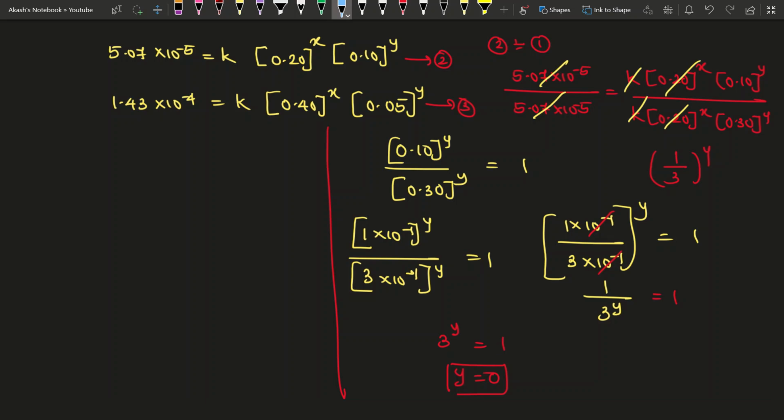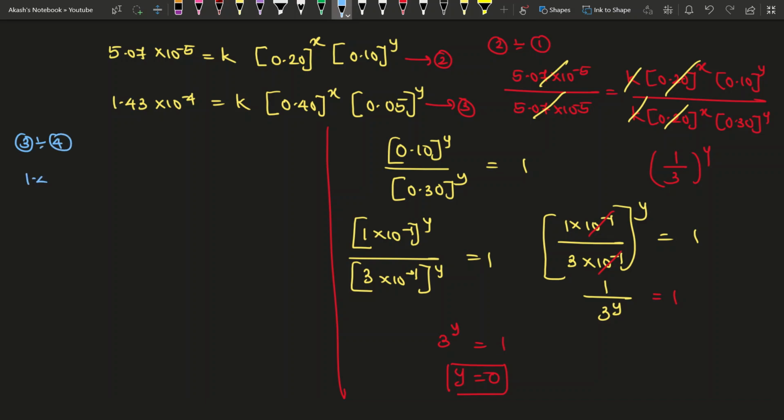Now we need the value of x. If you need the value of x, you need to take any equation such that the x value should be different. That means the concentration of A should be different. So if you are taking equation number 3 and 4, if you divide equation number 3 by 4, what will